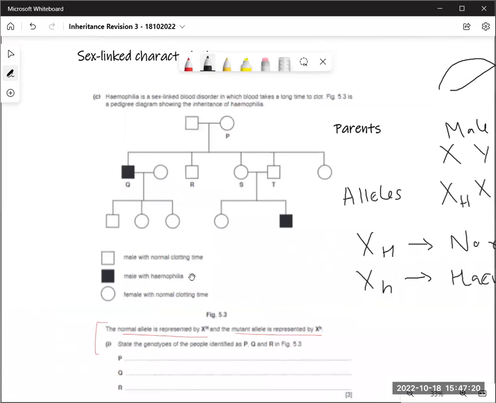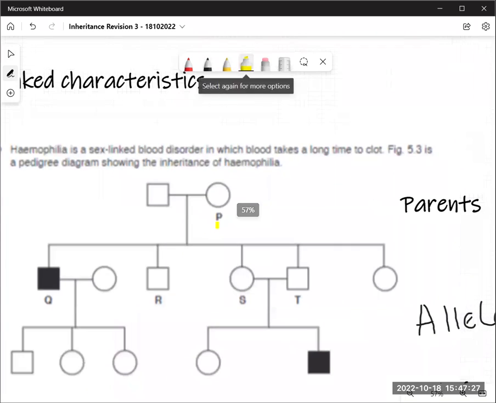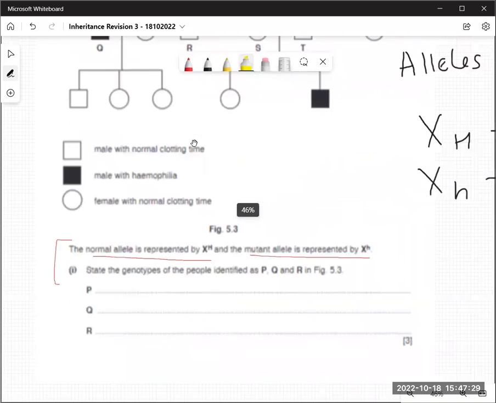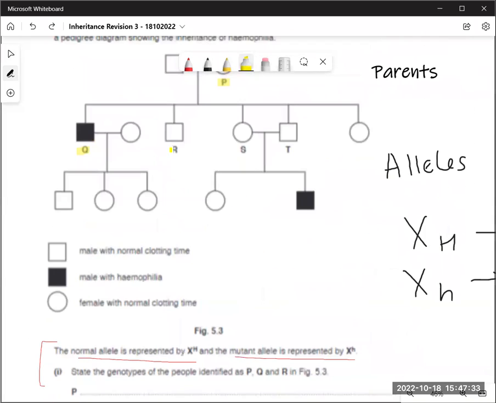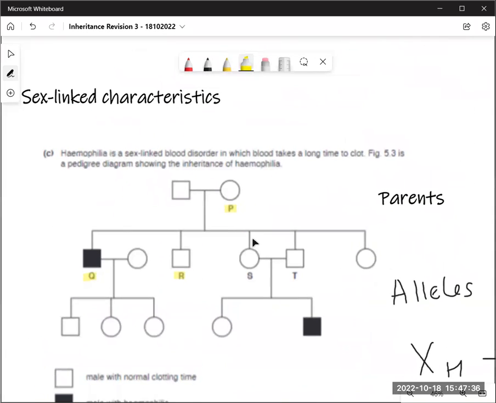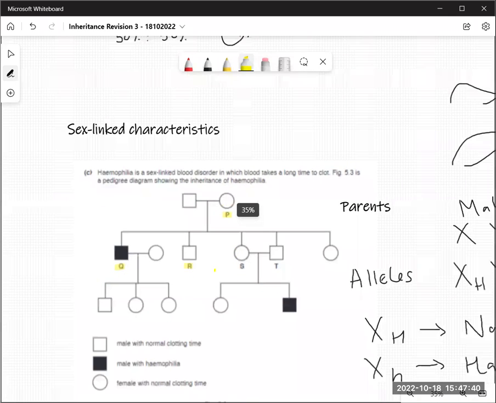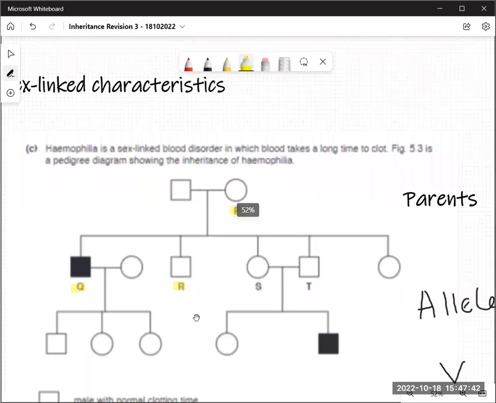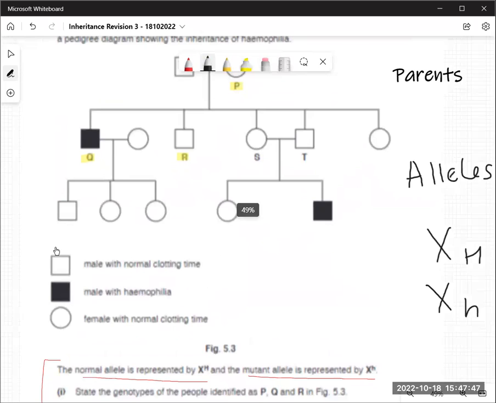Let's start doing crosses. Now they're asking us what is the genotype of P. They're asking us the genotype of this person. They're asking us the genotype of Q. They're asking us the genotype of R. These three people. Now how can I find it? Let's see. Let's first start with looking at all the possible genotypes of the other people. Now when I have these phenotypes in this question,